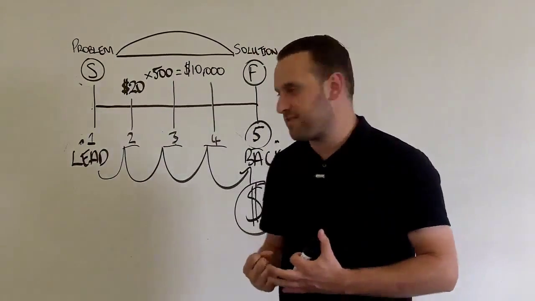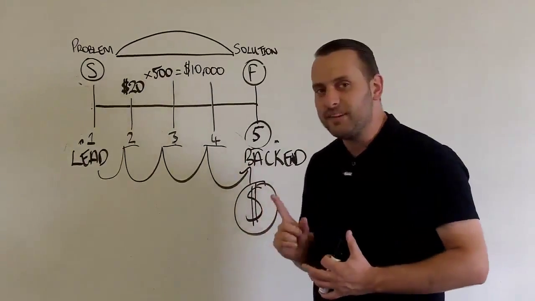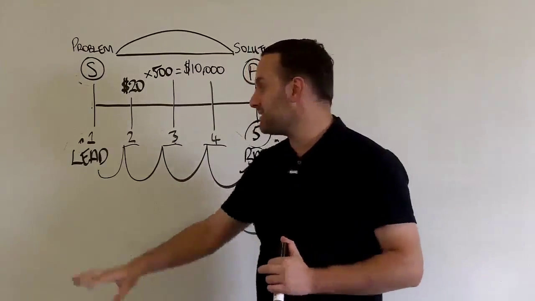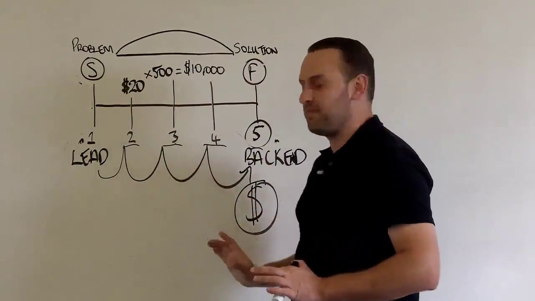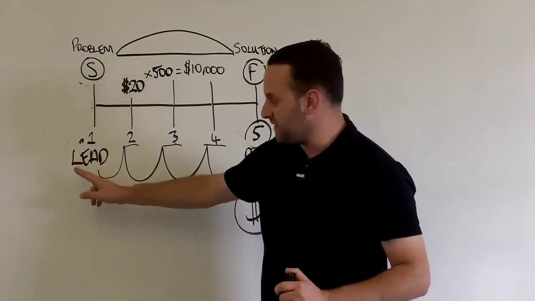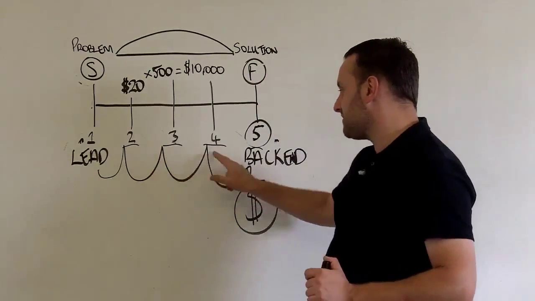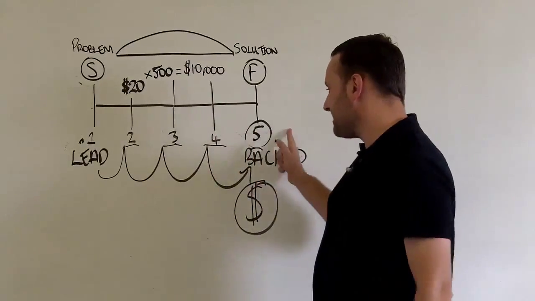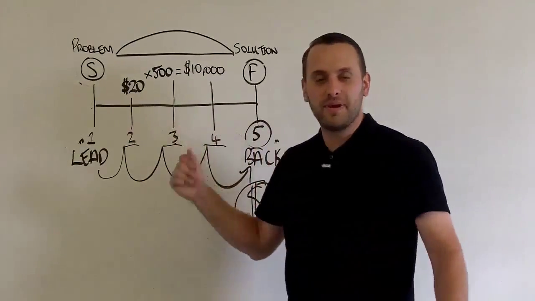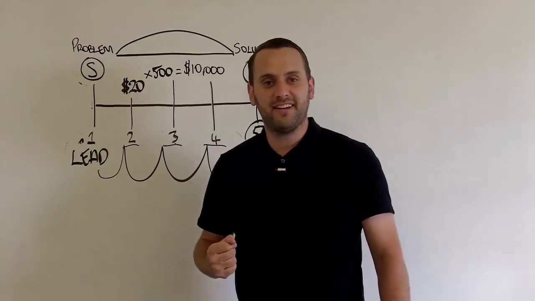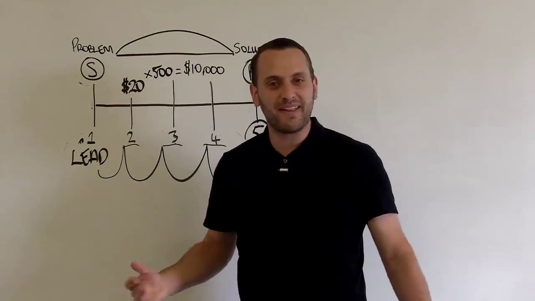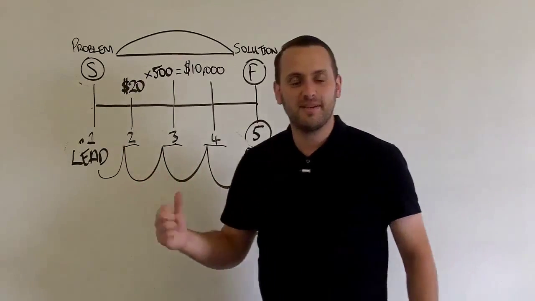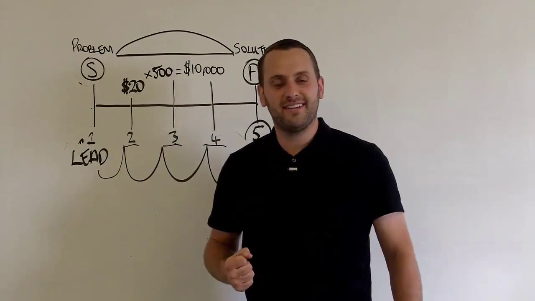Again, really take away from this where the big money is in an internet business. It's here at the back end. So all you have to be able to do is have a system made up of these 5 parts that gets people from being a lead through to these 5 steps just to here. And if you can get just 1 person a week through from here to here, you're making thousands of dollars a week online. And that's really not difficult, is it? Think about that for a moment. You can get 1 person a week from this part to this part. You're making thousands a week online.